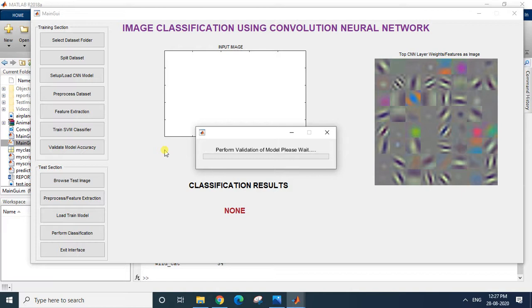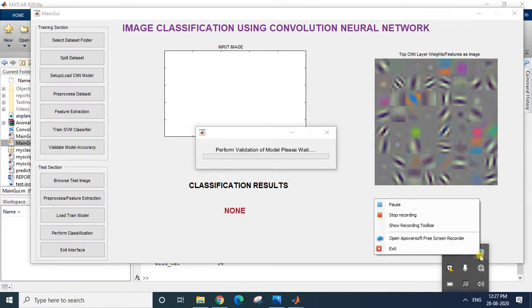Once this is done, we can go to the test section, browse some random images from the net, and try to perform the classification. Let's see what I get for the validation. This is taking some time. I can pause the video for the time being till the validation is done. I'll pause for a while and resume once it is done.